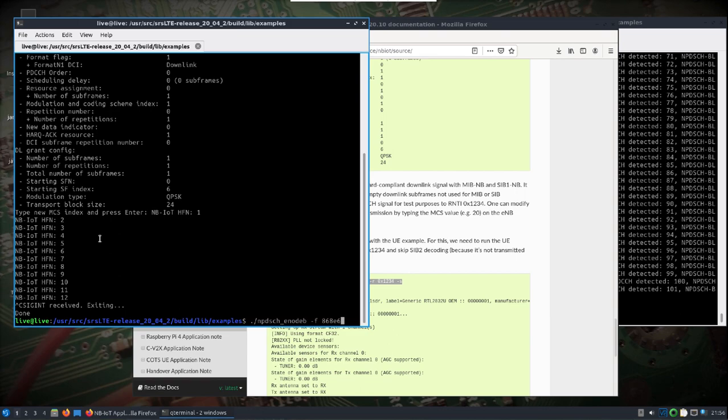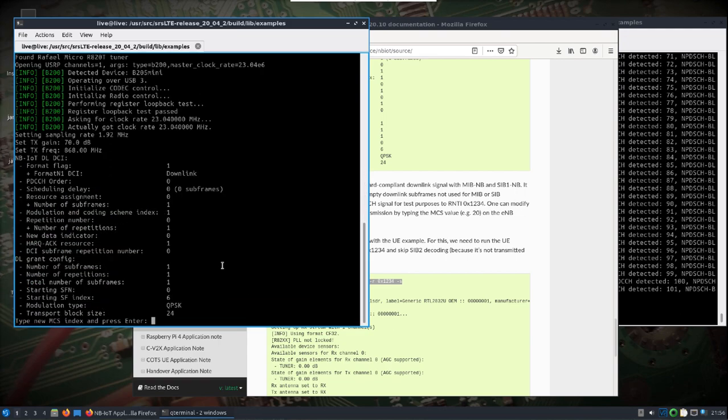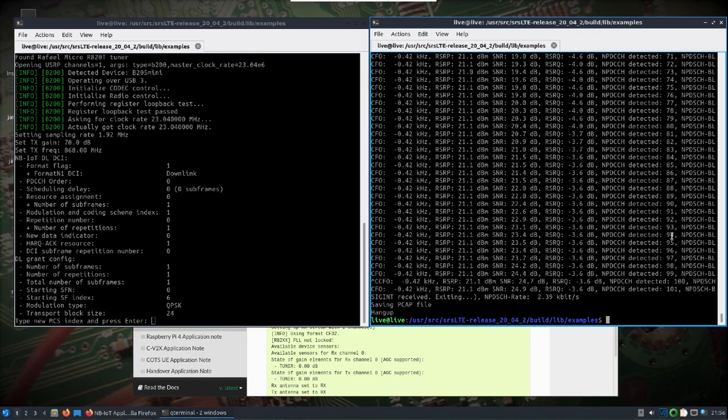In both cases, to transmit and receive, you want to go to the user source srsLTE-release 20.04.2 folder, and that is in DragonOS already, and it's compiled with GUI support. So you'll run the npdsch eNodeB, and then over,